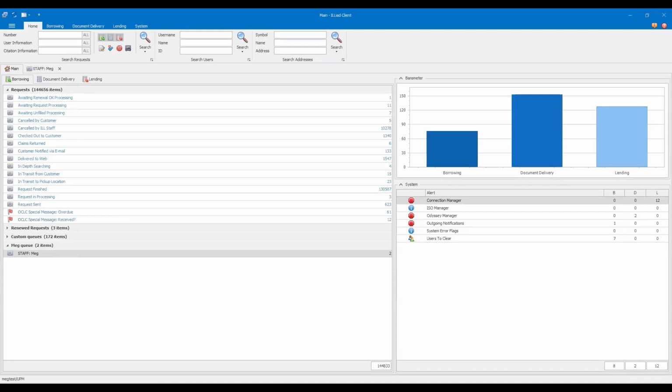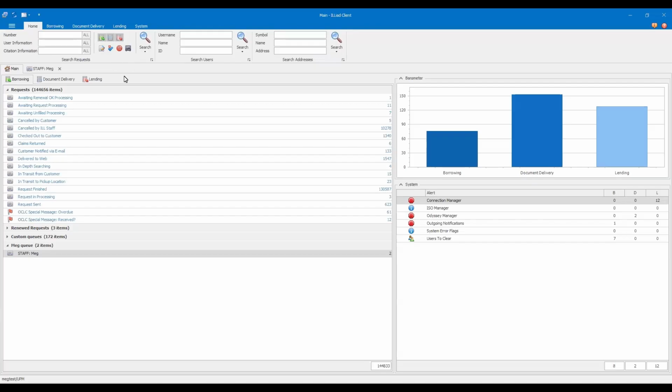At the top of the screen, you'll see an area where you can search for items in Iliad. The search area on the left allows you to search request numbers, including transaction numbers that Iliad assigns to each request, OCLC request numbers, and other numbers that may be assigned to requests, such as rapid numbers or order numbers.